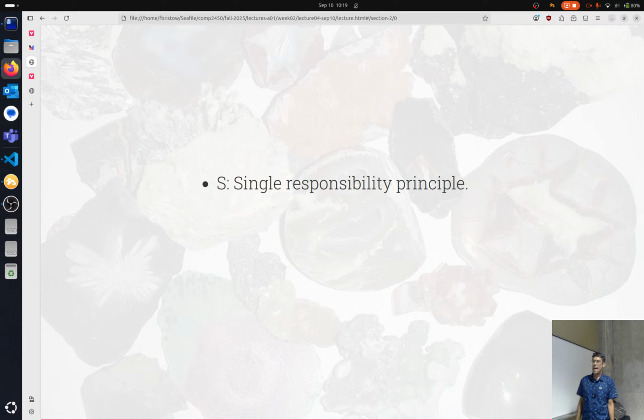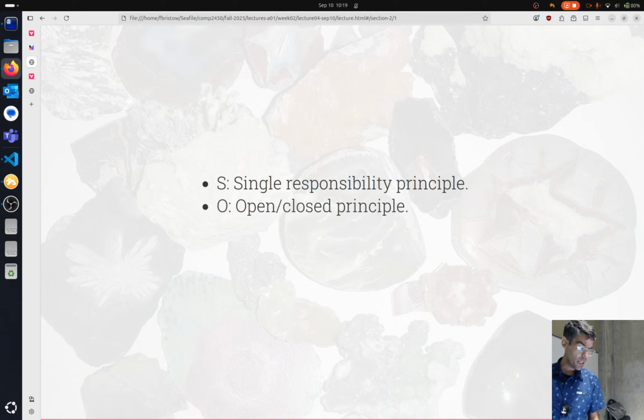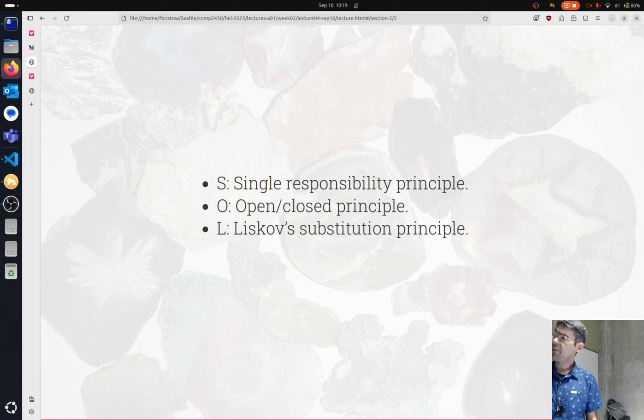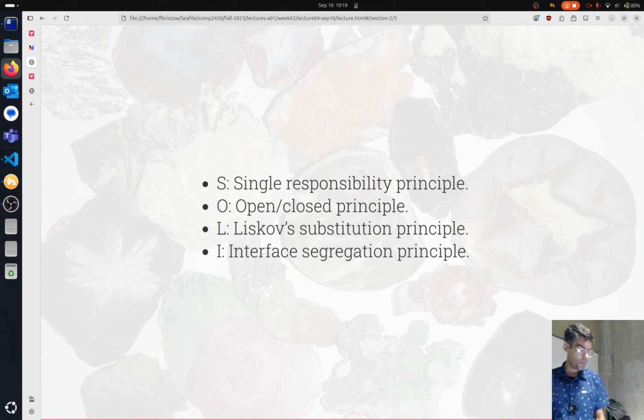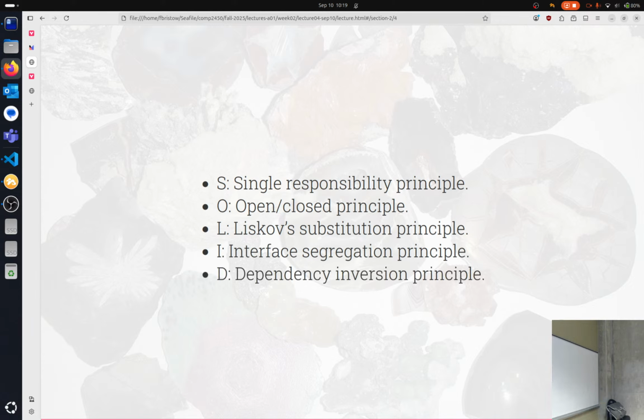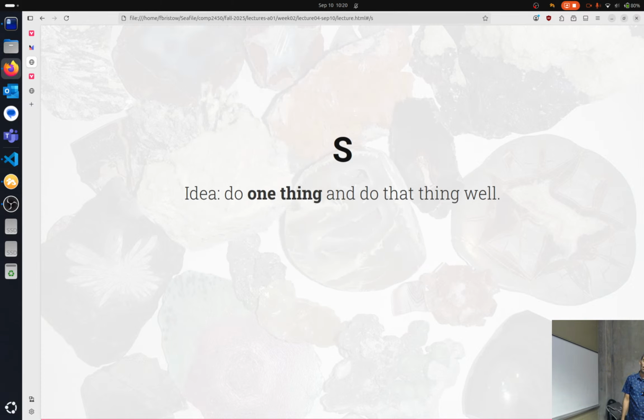SOLID is an acronym. The S stands for single responsibility principle. The O stands for open closed. The L stands for Liskov's substitution principle. The I is interface segregation principle. And the D is dependency inversion principle. This is a lot. Do not memorize this. Please don't memorize this list right now. That is not important to me right now. We are going to be focusing on the S of SOLID for this class for right now. And the idea with S is that I want to